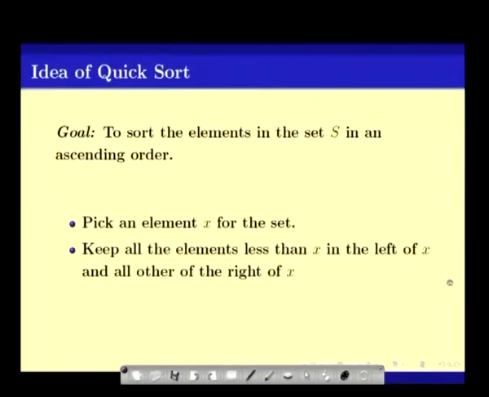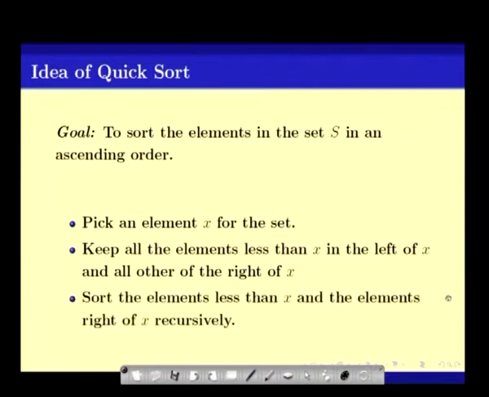In quick sort, the idea is simple: you pick an element x from this set S and call it a pivot, and then keep all the elements that are less than x to the left of x, all the elements larger than x to the right of x,